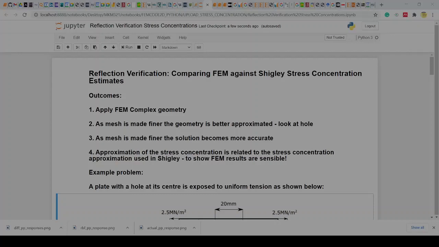Excellent. So now we're in a position to really just reflect a little bit again on verification. And so what I want to look at for today is really just comparing some of the finite element estimates for stress concentration factors versus what you did in MOW227 in terms of Shigley. And this is a nice example where we're going to be bringing a couple of things together in terms of